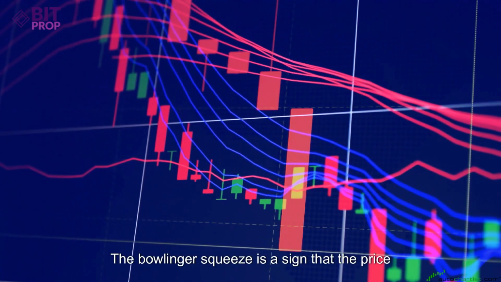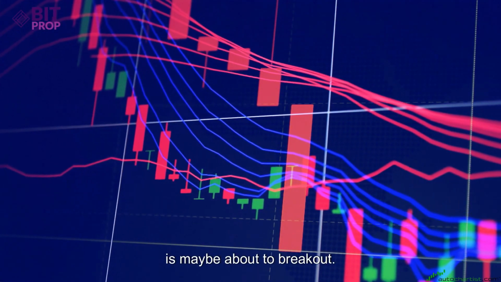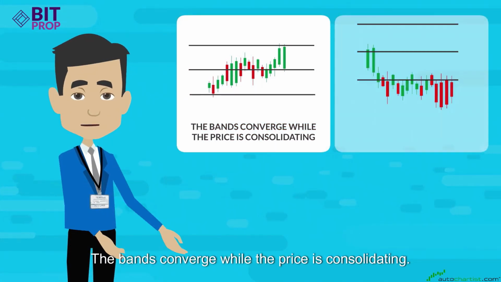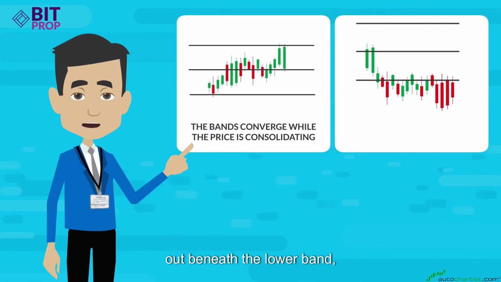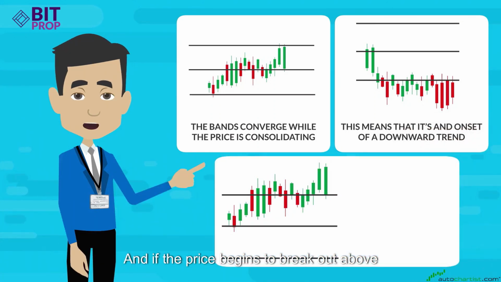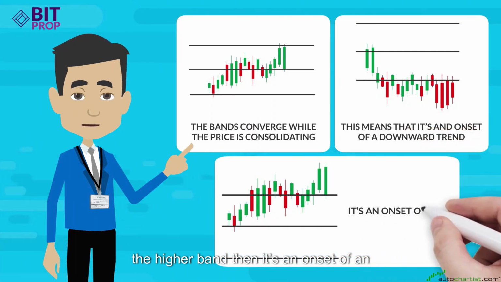The Bollinger Squeeze is a sign that the price is maybe about to break out. The bands converge while the price is consolidating. If the price begins to break out beneath the lower band, this means that it's an onset of a downward trend. And if the price begins to break out above the higher band, then it's an onset of an upward